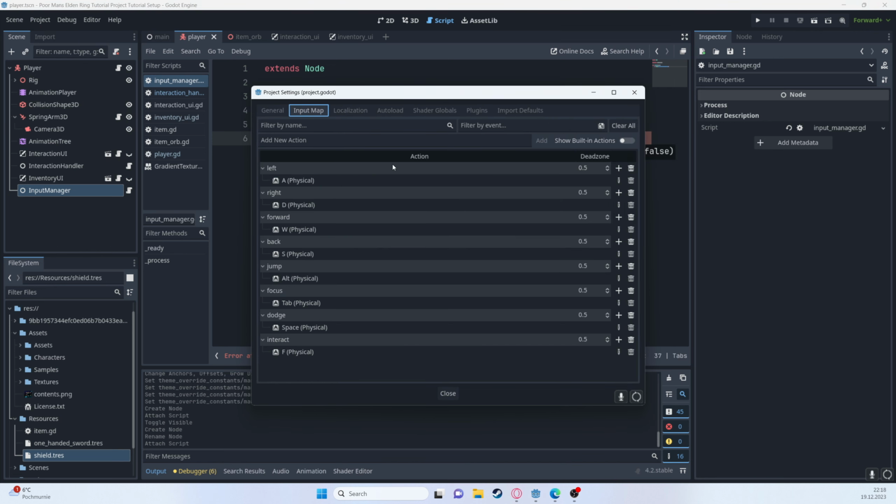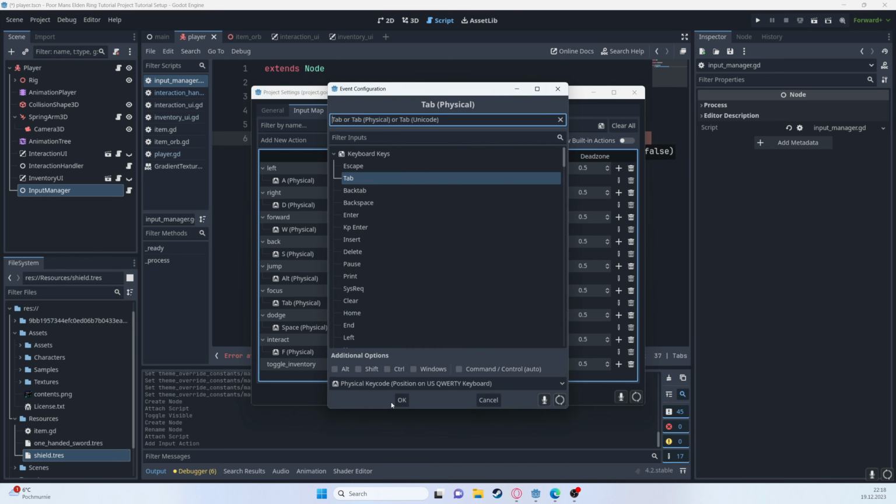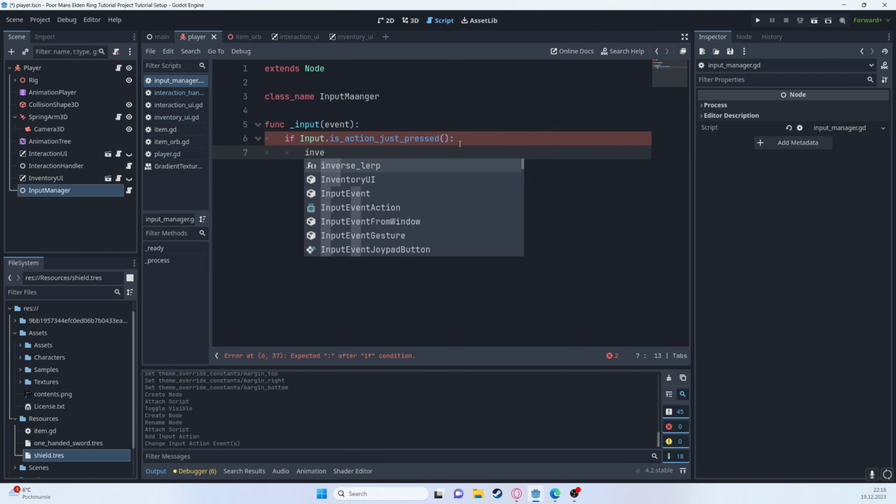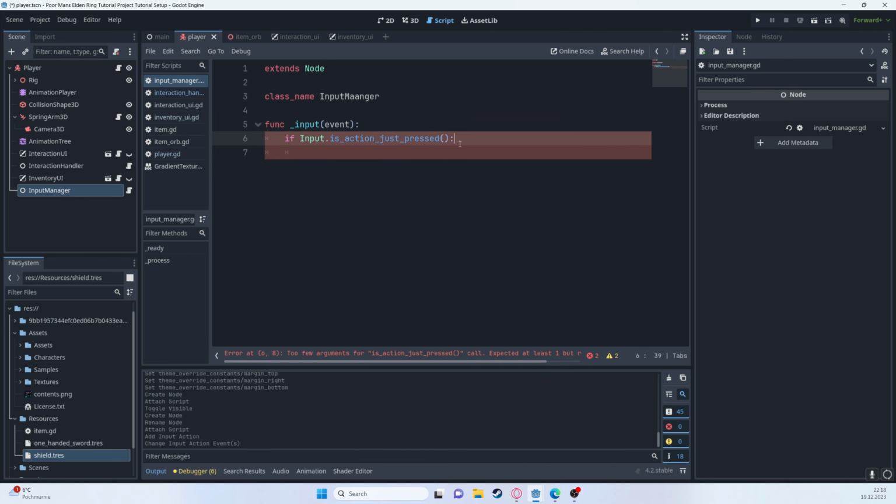So input map, and let's say toggle inventory, and I'm going to use tab. Inventory, oops, we need to pass an argument here. Toggle inventory,